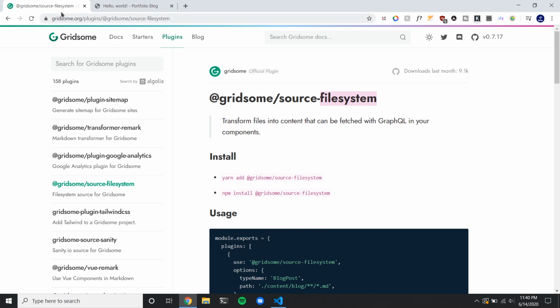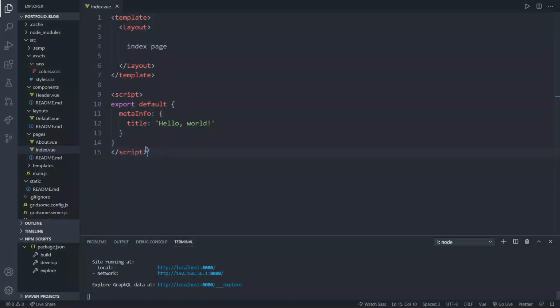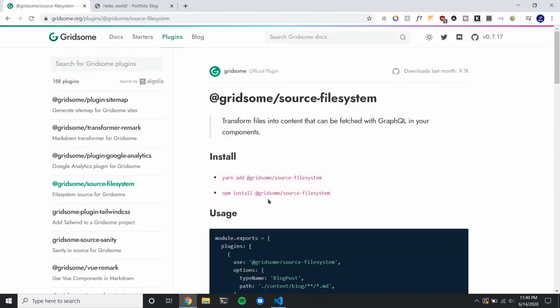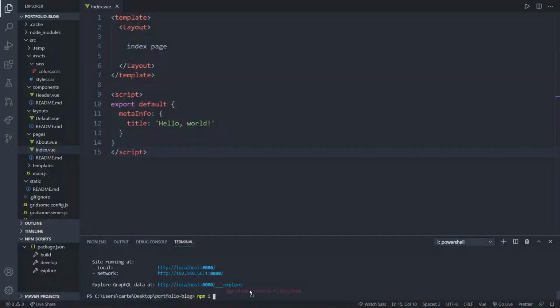So what we're going to do is, I'm on the Gridsome documentation. We just have to install a couple of plugins. So we have to install the Gridsome source file system plugin and transformer remark for the Markdown. To do that, I'm just going to hit this, cancel our server, and then I'm going to do npm i, and then we want to install gridsome source file system